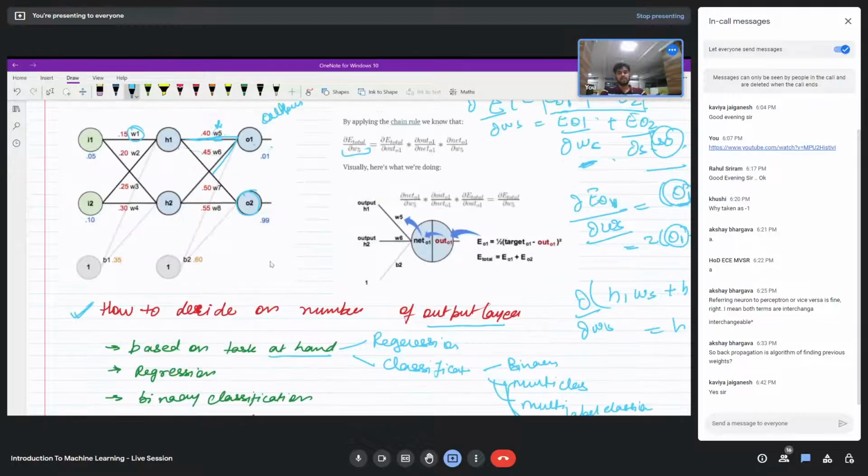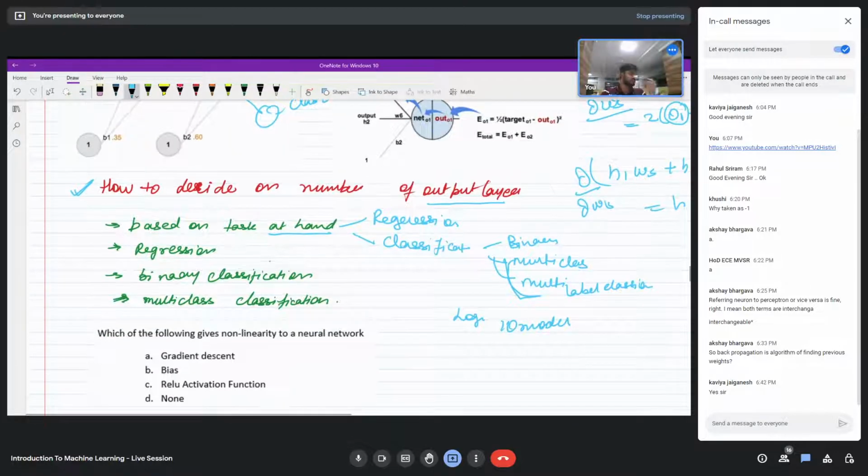For example, in this network that they had drawn, output 1 could give you the prediction for class 1. Output 2 could give you the prediction for class 2. If you had one more neuron, that would give you the prediction for class 3. So in a single go, you can learn which class this belongs to. Okay. Now coming back to what I was saying,